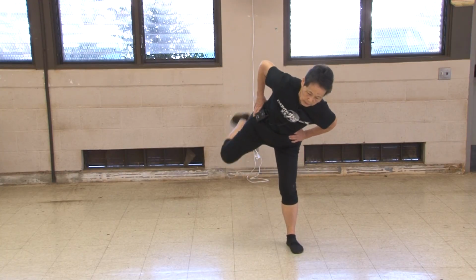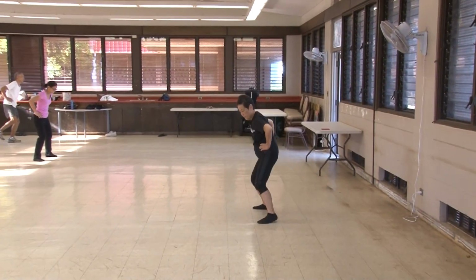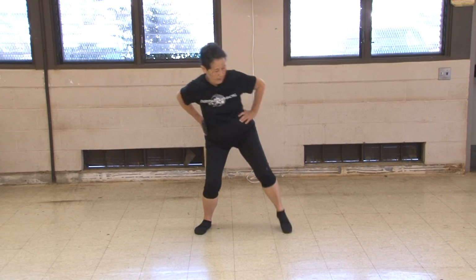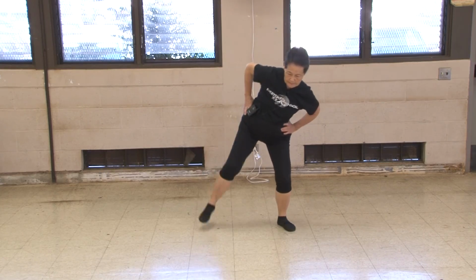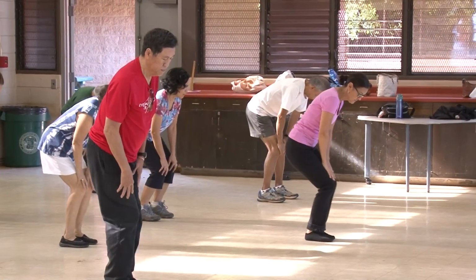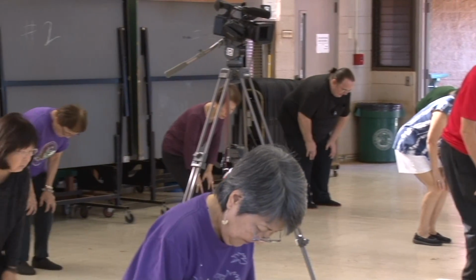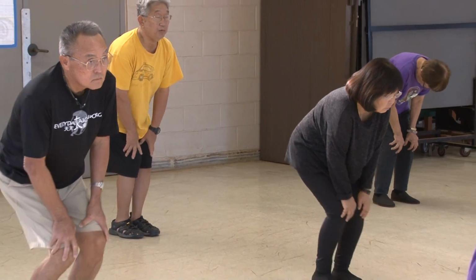Kick your butt. 1, 2, 3, 4, 5, 6, 7, 8, 9, 10. Turn your knees. 1, 2, 3, 4, 5, 6, 7, 8, 9, 10. Other way. 1, 2, 3, 4, 5, 6, 7, 8, 9,